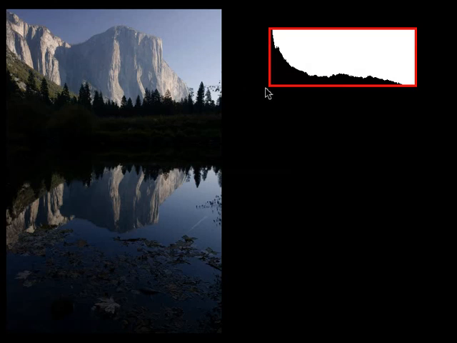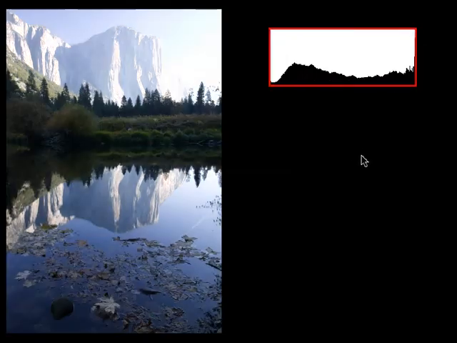your shadows are still underexposed. Now, you can fix this in Photoshop with a little bit of fudging, and sometimes you're going to need to do that. But if you have the option, you're better off taking multiple exposures. So you would take this exposure to ensure that you've got the highlight detail, and then take this exposure to ensure that you've got the shadow detail, and then you can blend them together